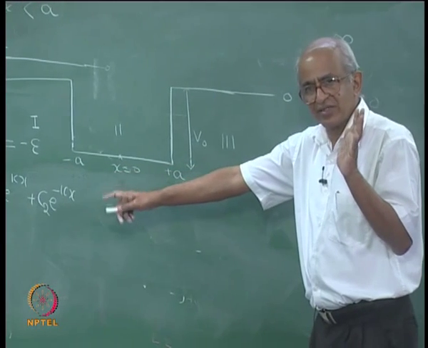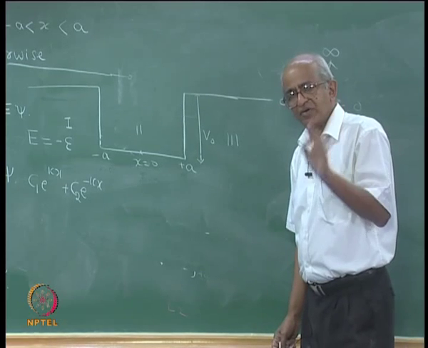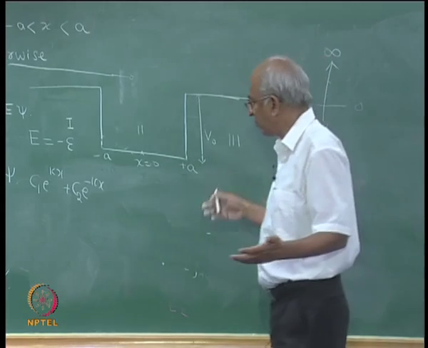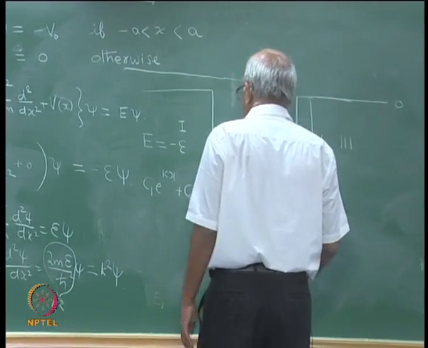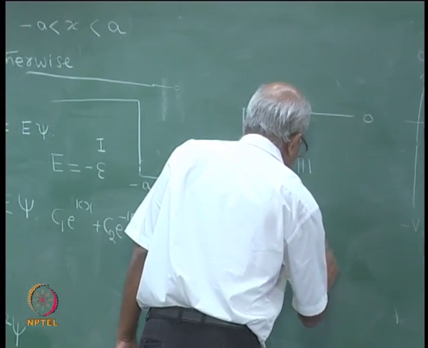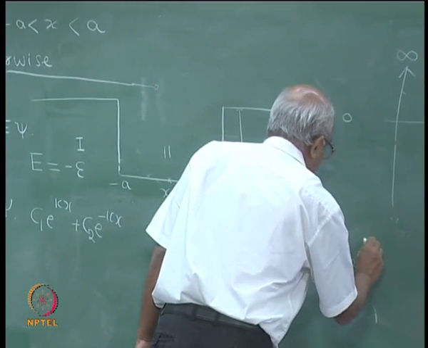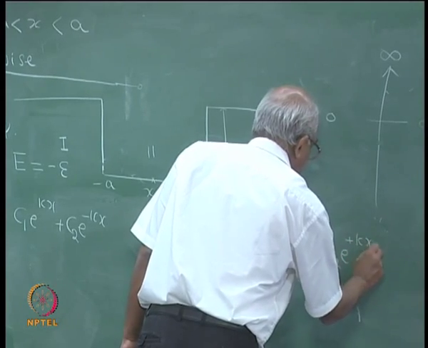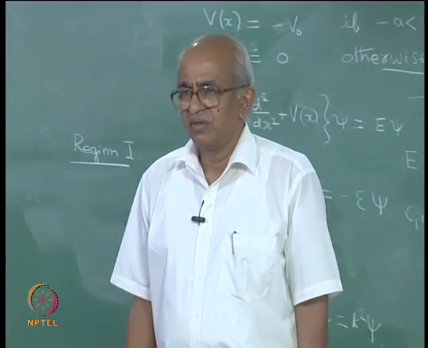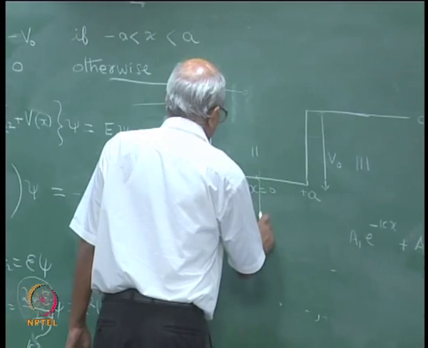So, the equation is just the same, it is not any different, and if the equation is just the same, the solutions are going to be similar. So, how will you write the solution in this region? The answer is going to be, well, I will have some A1 into e to the power of minus kappa x plus A2 e to the power of plus kappa x, where A1 and A2 are some arbitrary constants. Right. And now you have to look at the solution in region 2.